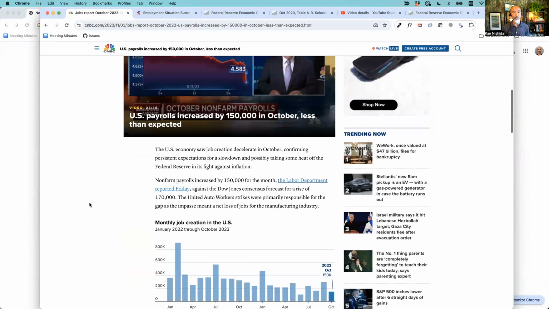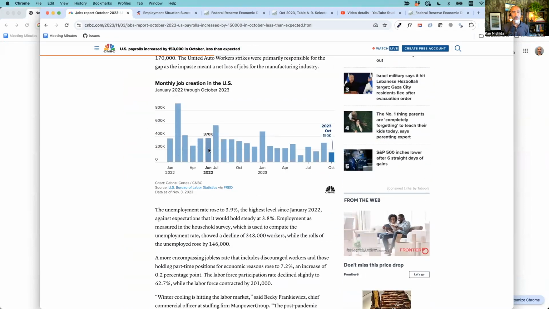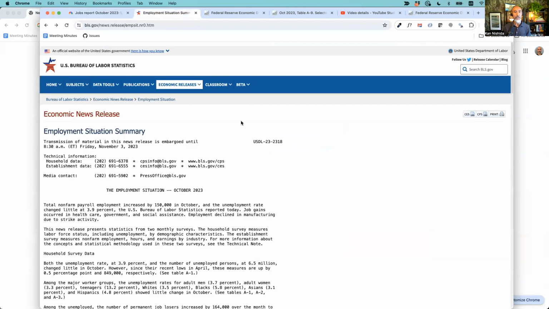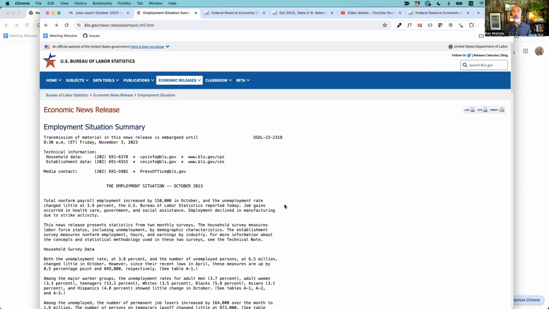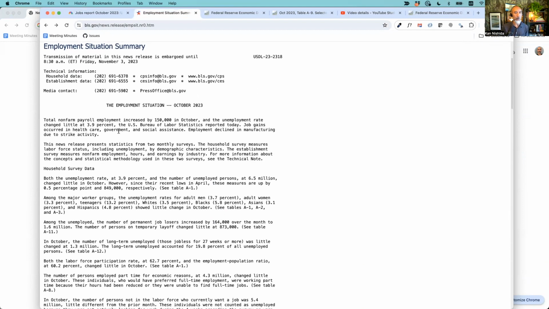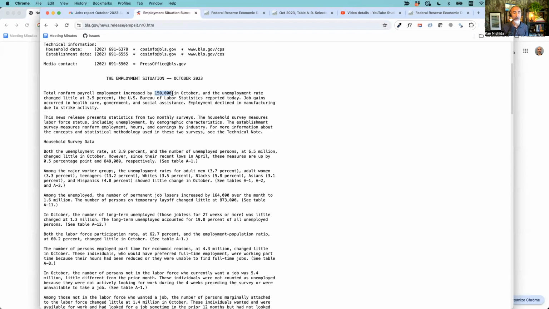And there's one chart in this article, a bar chart showing how many jobs were newly created compared to the months before. So here, the last month, October 2023, 150,000 jobs being added. Here is actually the original announcement. Every month, they release employment-related metrics, a bunch of metrics, by the way. And it says here as well, we added 150,000 plus jobs, however, the unemployment rate changed little at 3.9%.